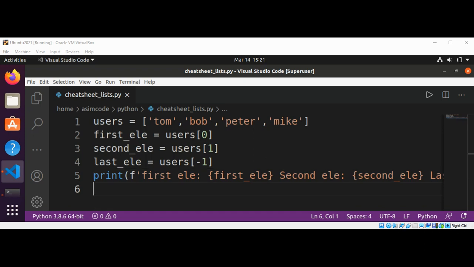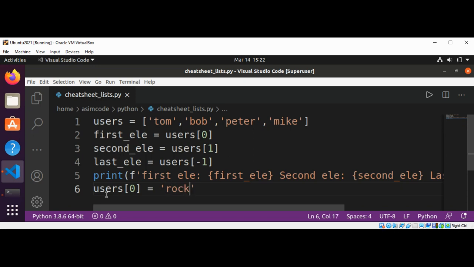Now we are going to learn about modifying individual items of the list. Once you have defined a list, you can change individual elements in the list. You can do this by referring to the index of the item you want to modify. So for example, of changing an element, we are going to change the first element. Users at 0 is set to rock,